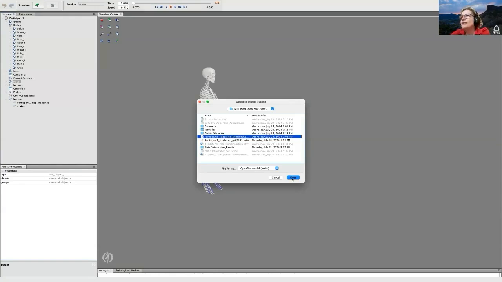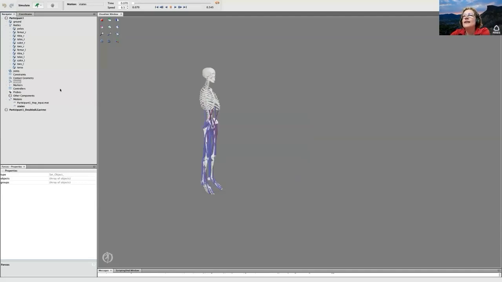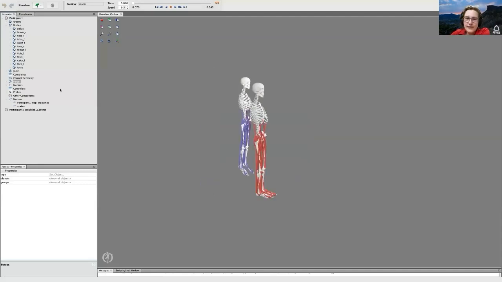So go ahead and open this model. This is the exact same model, except I have doubled the strength of the medial and lateral left gastrocnemius. Now, that's a little ridiculous, right? Can someone really double their gastroc strength and nothing else in their body? Probably not. But I do think this is really important in linking to some of our themes of IMSI, in